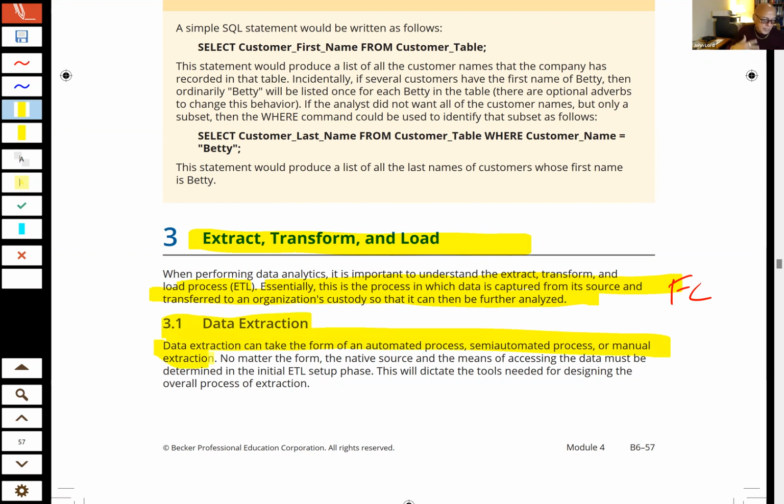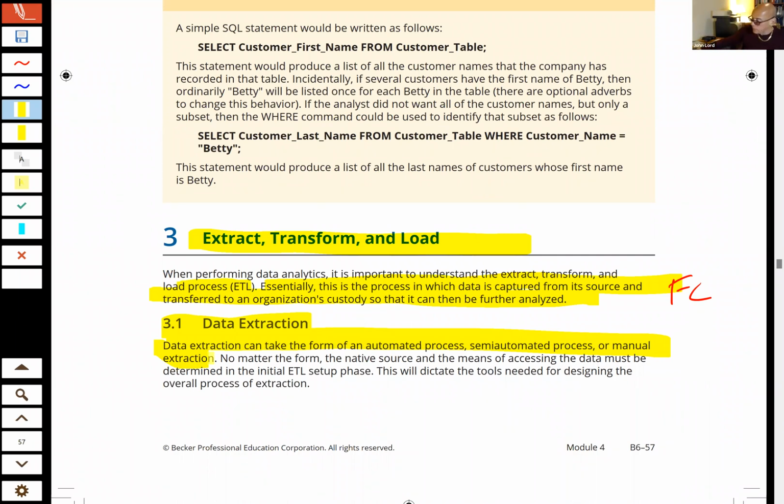Now, some of these things that we're about to talk about are very important. It sounds like a yawn. Who cares? If you don't do a good job with some of these things, extracting, transforming, and loading the data, you're going to have an oh no moment where you are sitting there and you realize you don't have complete data, or you didn't get the correct data, or you have out-of-date data, or the data hasn't been updated, and you're getting ready to issue your report, whatever it is, and you run into something like this. So it's important to do these things correctly up front.